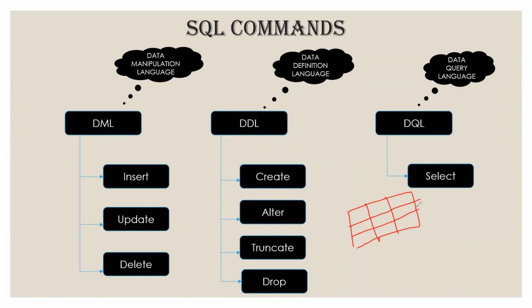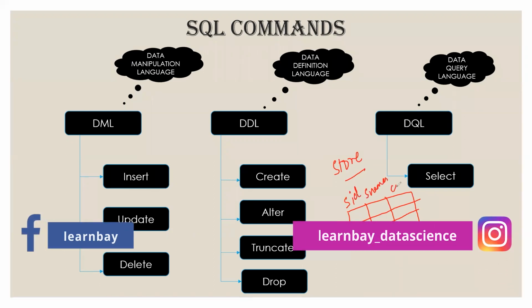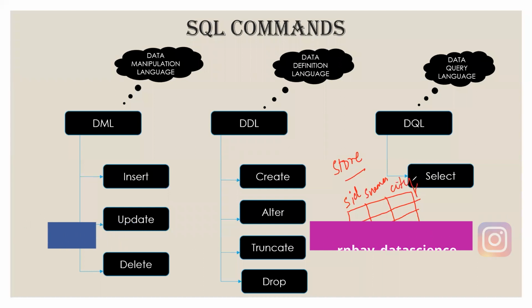But when we come to RDBMS, we want to give it in a more precise way, wherein I will be setting some rules for all of these attributes or columns. In the sense, now I'm creating this for my store, right? Which is what we have been talking about, the store table. Now I want to keep all my store IDs here. I want to create all my store names here and the city under which that store is going to be.